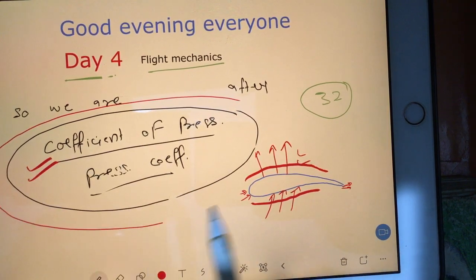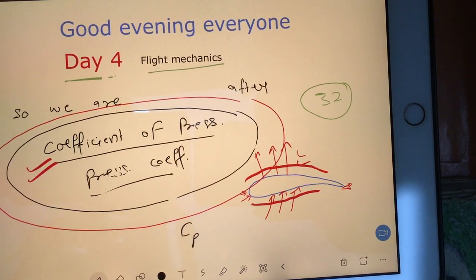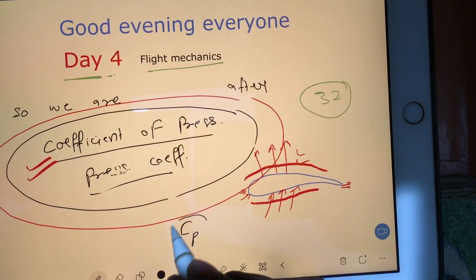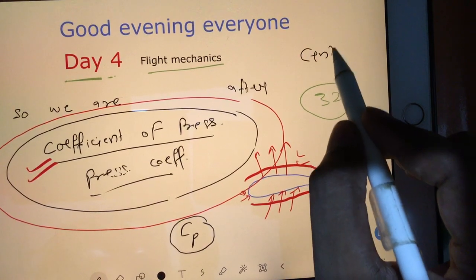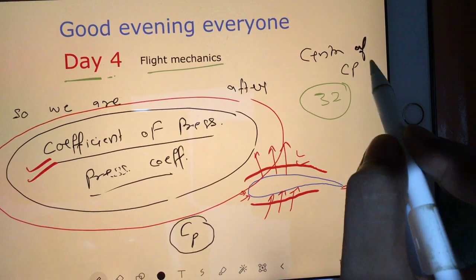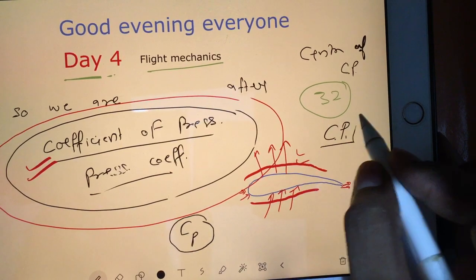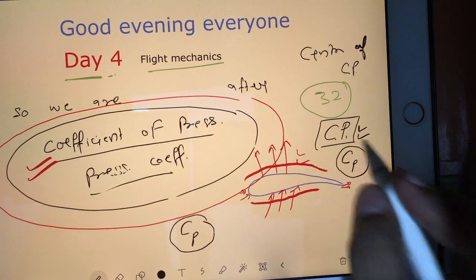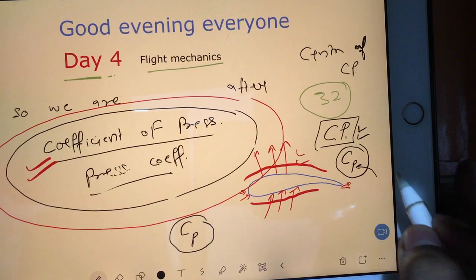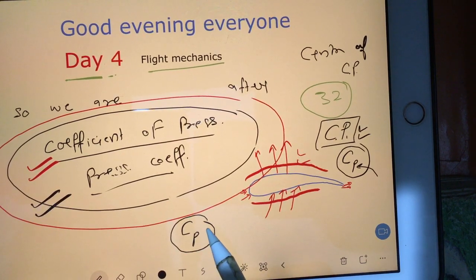These things are done by coefficient of pressure. The symbol for coefficient of pressure is very popular, and it is Cp. Now this Cp you should not confuse with center of pressure, because center of pressure is also written in short as Cp. When you write Cp of the same height, then it is center of pressure. When you write C with suffix p, then it is coefficient of pressure, or you can say pressure coefficient. So we have to understand pressure coefficient.